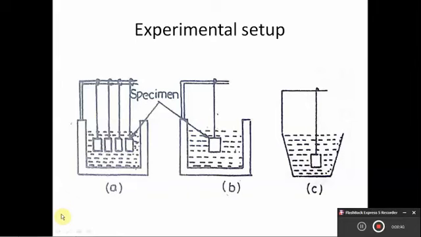Using these diagrams, one can choose a proper cooling cycle to obtain the desired transformation products that can be observed by microstructure, so as to obtain required properties in the component. So we will see what the different experimental procedures are to be carried out in plotting a TTT diagram.